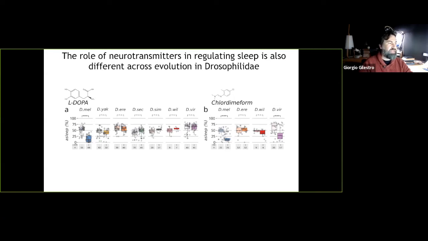Interestingly, the same treatment did not elicit anything similar in any of the other species. And that was true both for L-DOPA and chlordiaform. So mostly for chlordiaform, with an exception for Virilis. So it tells us that really in these animals, it is sleep appearance, sleep pattern, the sleep amount, if you wish, that is conserved. But the underpinnings that regulate homeostasis, or in this case, the neuropharmacology of sleep,